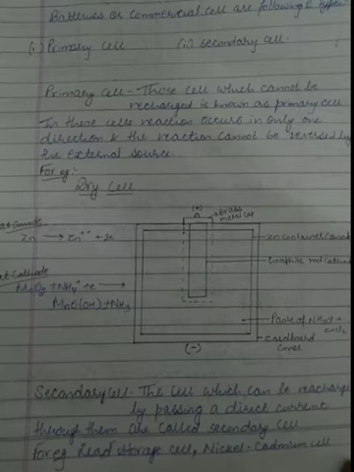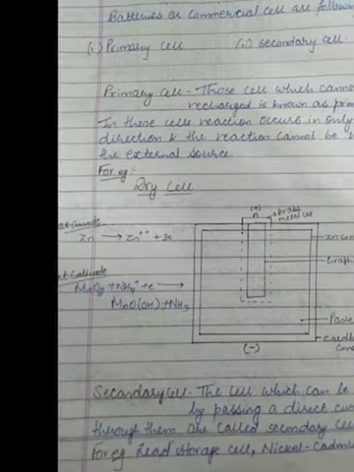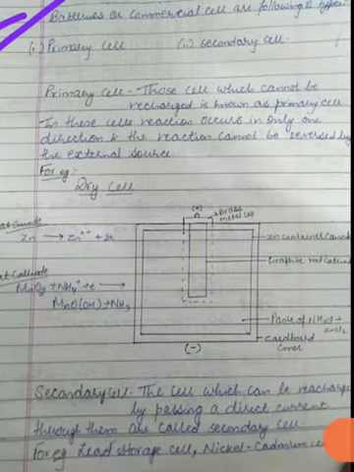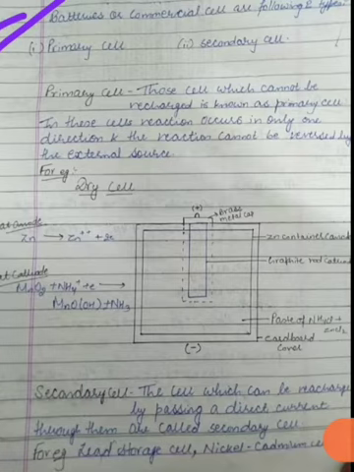Here you can see that batteries, or commercial cells, are basically of two types. They may be primary cells or secondary cells. Under these categories we have to study this topic. Students, this is very important because it was asked in 2018, so it is very important from the board point of view. Now let us see what a primary cell is and what a secondary cell is.